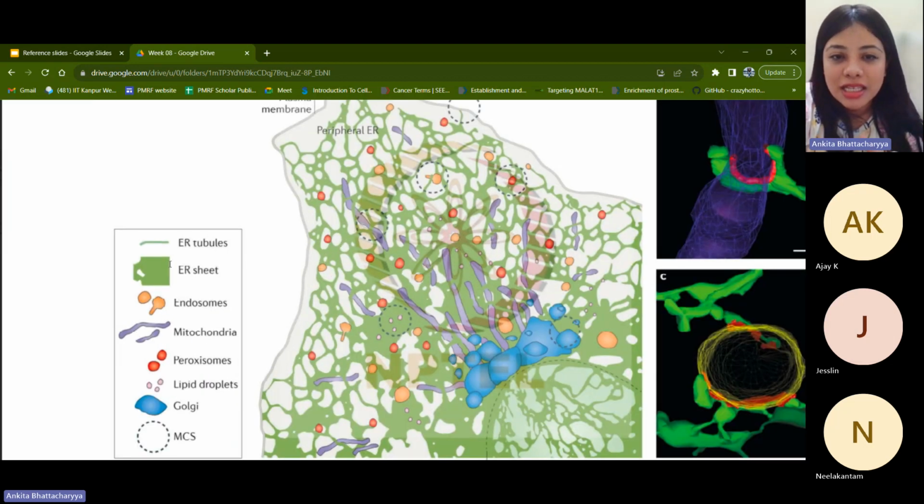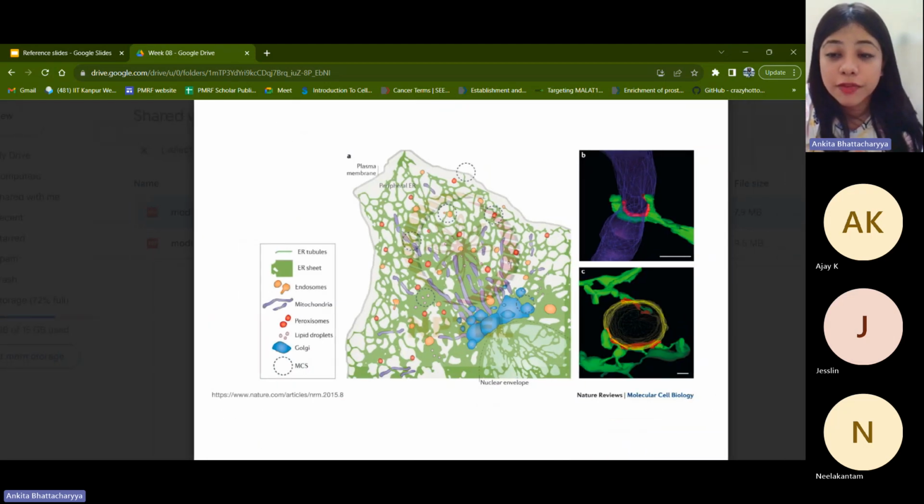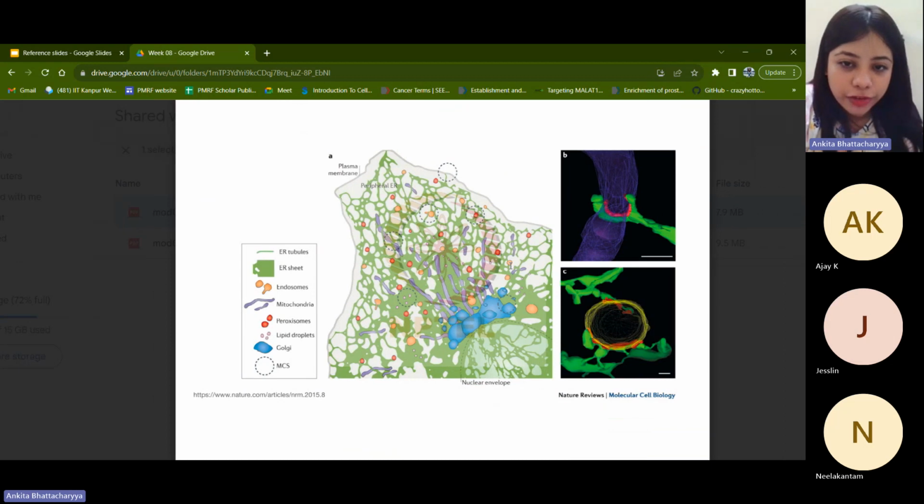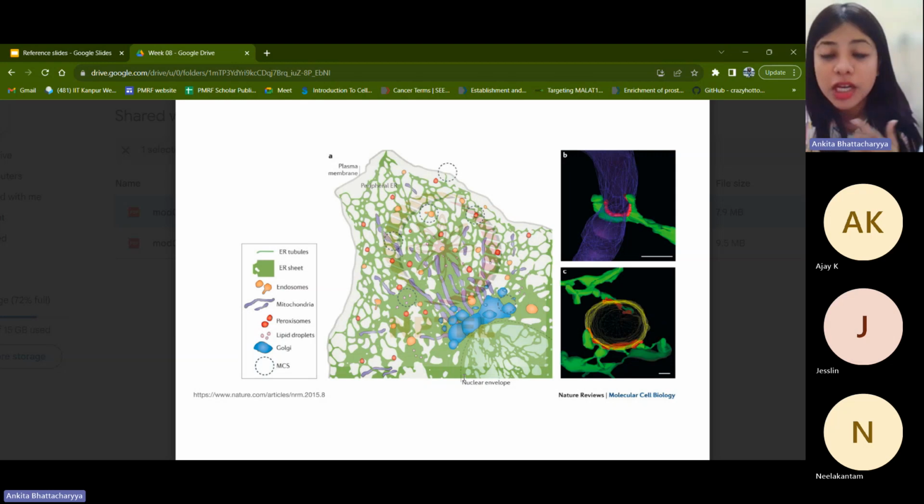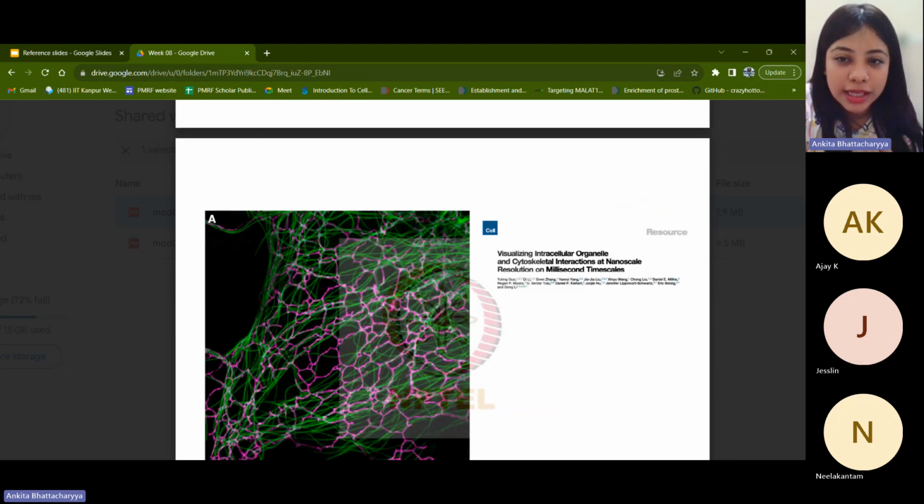This green structure that you see everywhere is a sort of mat or mycelial mat-like structure of the endoplasmic reticulum, which is spread extensively throughout the cell. But apart from that, within the nucleus there is also some sort of architecture. There is a nuclear envelope, and there is an architecture present at the nuclear envelope as well, which performs very important functions. We'll get into some detail about that now.